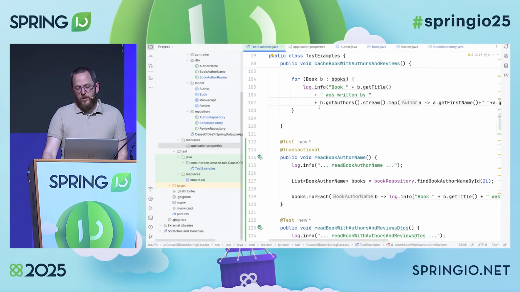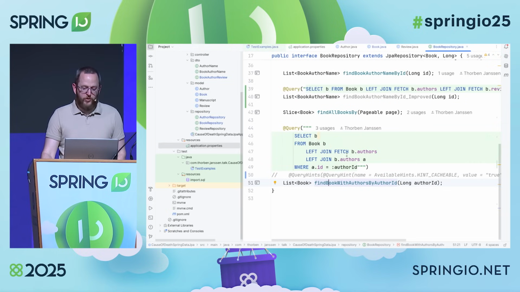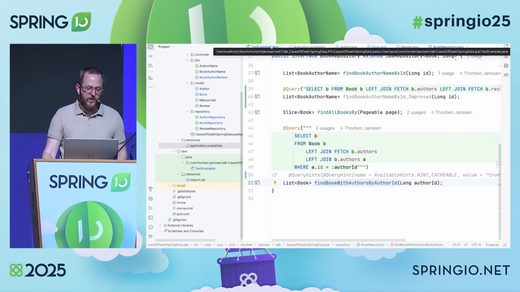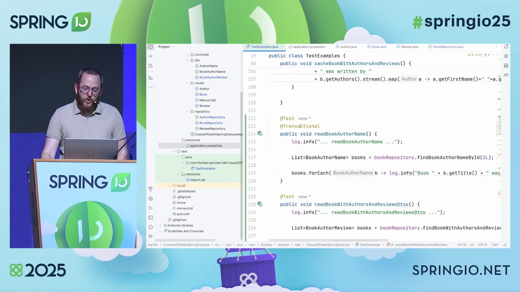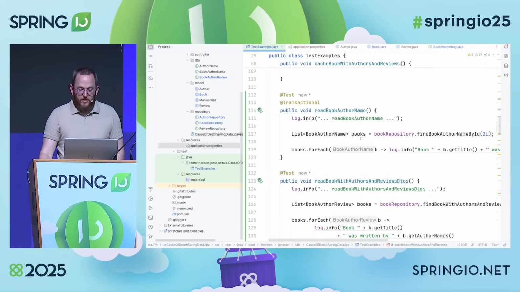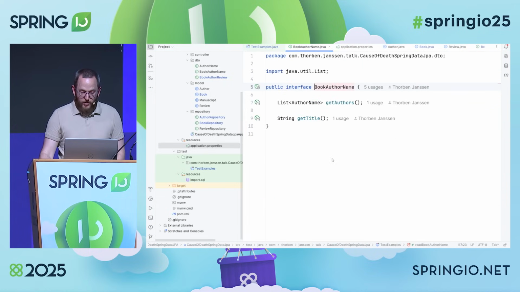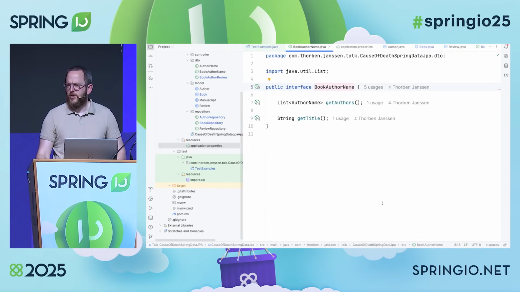So we either stick to the query with join fetch clauses and fetch those three entities, or the entity with the two sets of other entities, or we actually take a look at a query projection. So you probably all know interface projection with Spring Data, right? Who doesn't know it? Okay, the idea is simple.